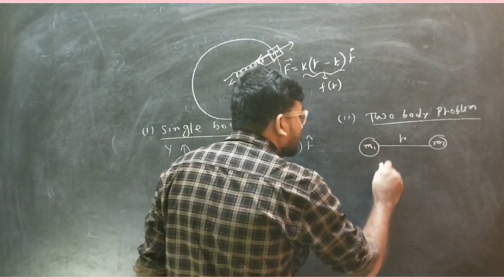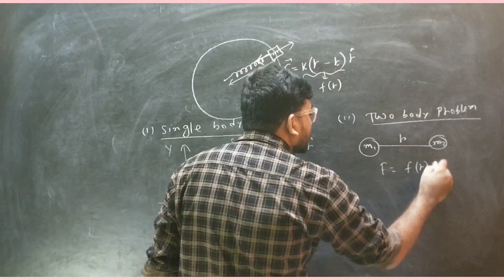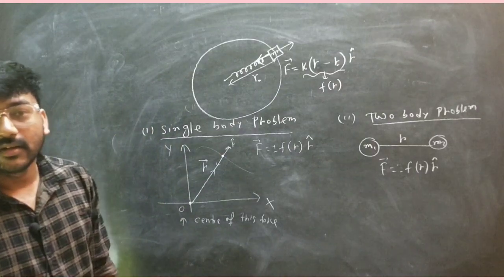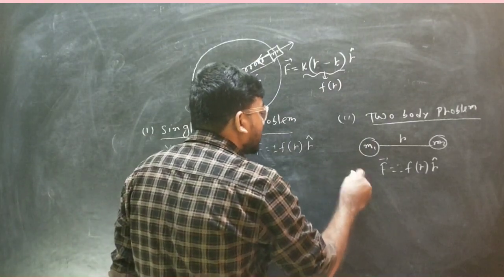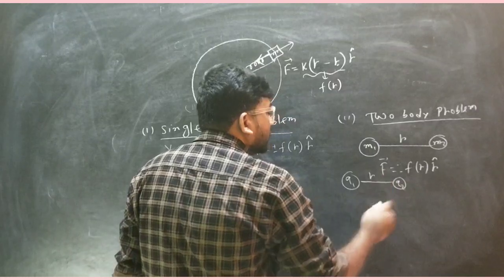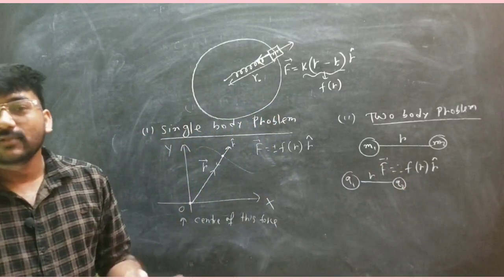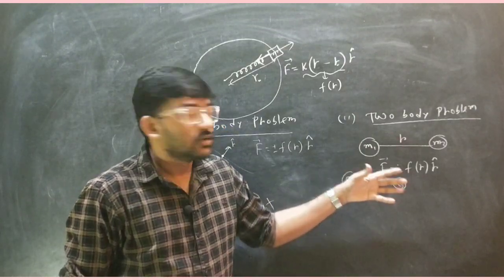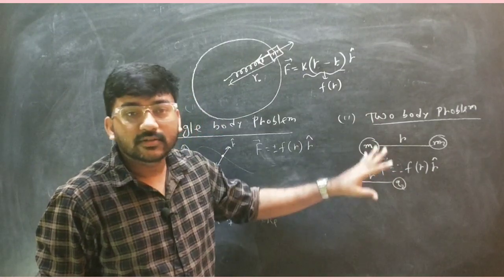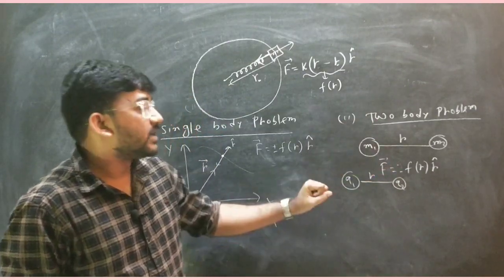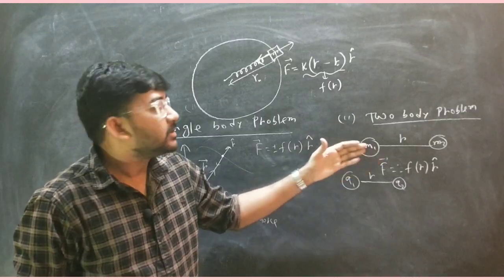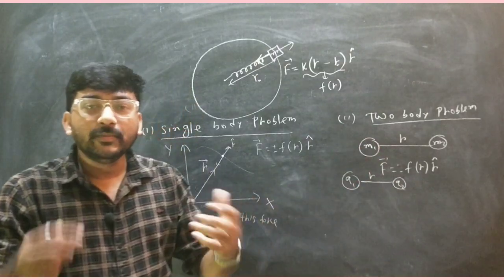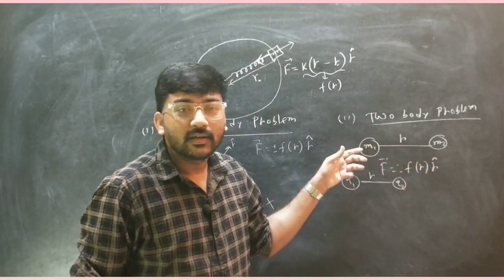So here also the central force F will be F of r, plus minus r cap. As the gravitational force is always attractive, it will be minus F of r, r cap. But for the Coulomb force between charges Q1 and Q2 separated by a certain distance, it may be plus or minus, because it may be attractive or repulsive. These are the two body systems. The definition of the central force for a two body system is that the force must depend on the mutual distance between the two objects, and the force will be acting along the line joining them.